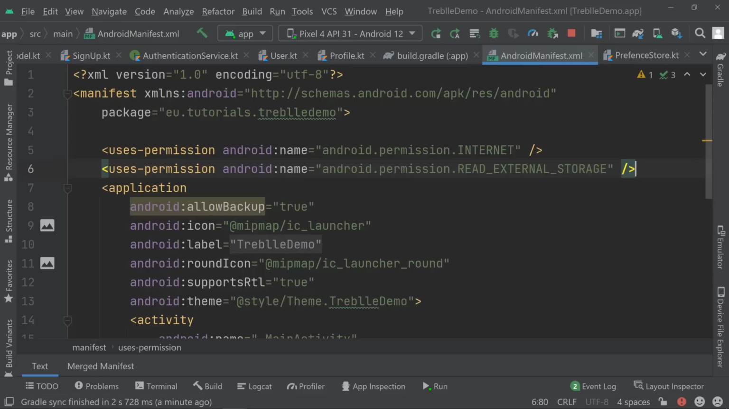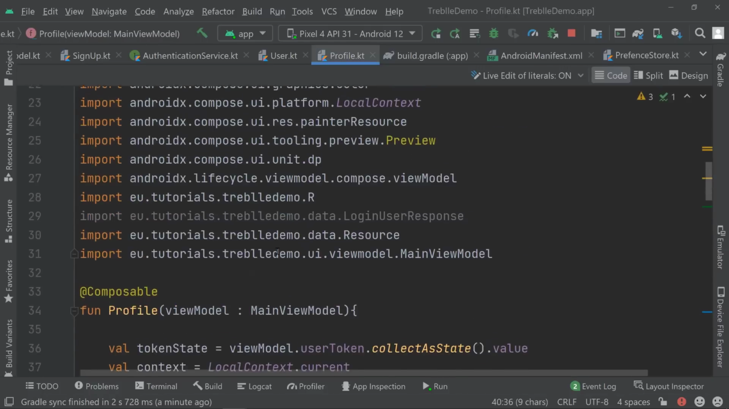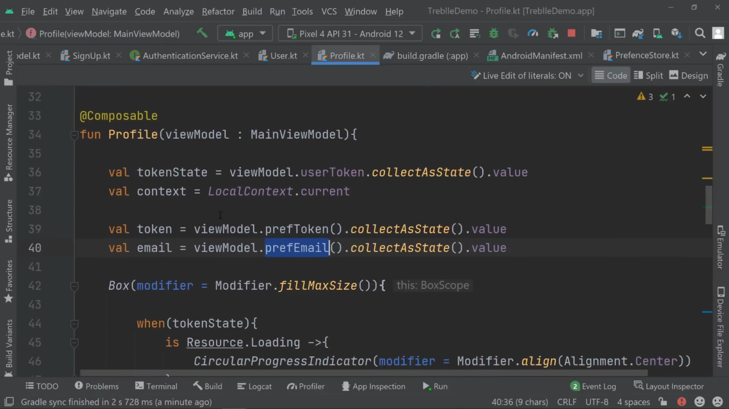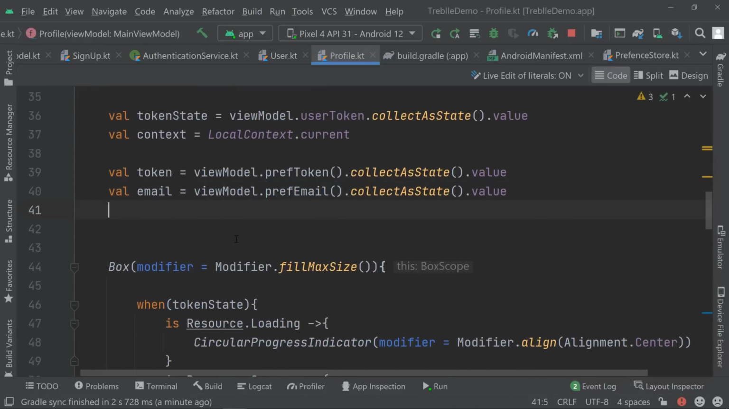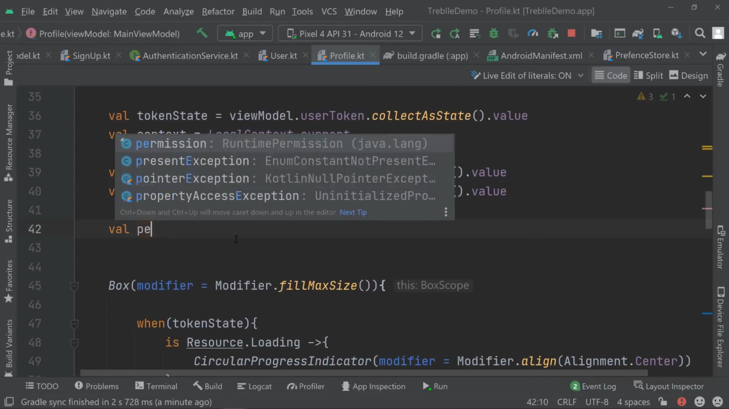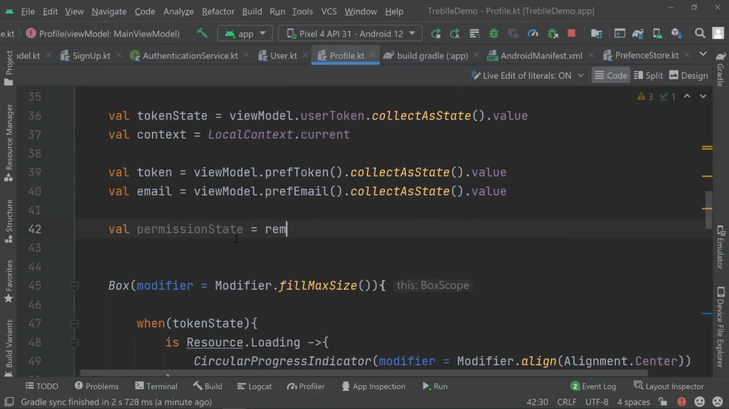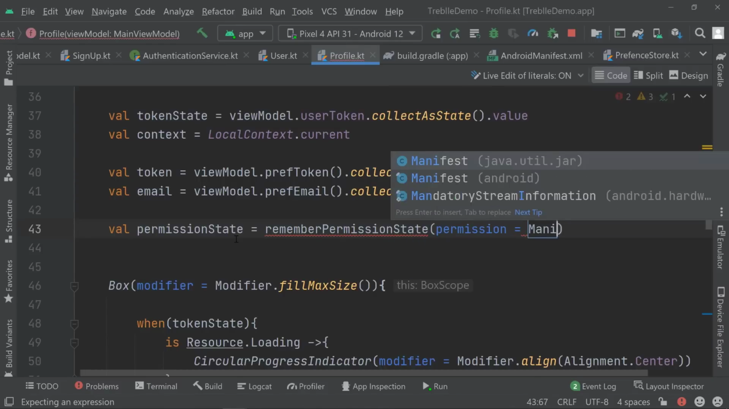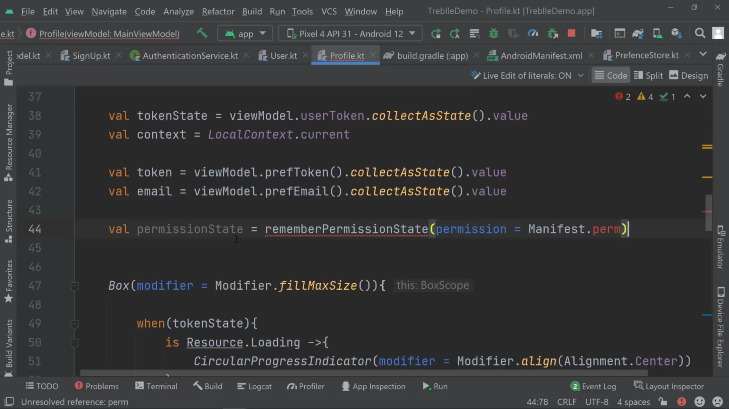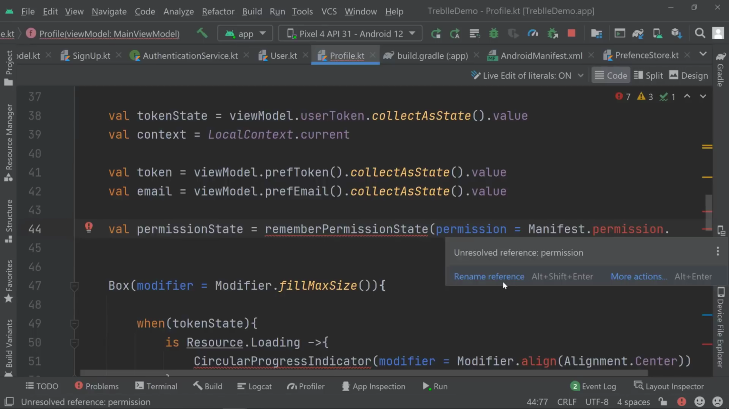All right, and now let's go ahead and set up the permissions inside of our profile screen, because we are going to require them here. So after we have the token and before the box, I'm just going to create a permission state. So val permission state is going to be remember permission state. And this remember permission state needs a permission that we need to assign, and we can get it from our manifest class inside of permission,